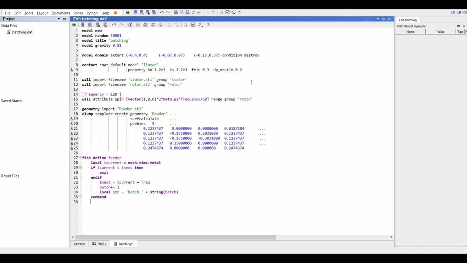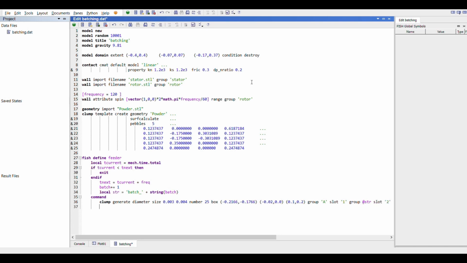So whenever I use these two commands, whatever is written inside, all of them are treated as PFC commands. Outside of these commands, these are treated as FISH commands. So here we can see to generate the clumps, we will issue the command clump generate, and we will define the size of the powdered particle which we are generating and how many of those particles need to be generated, and assign them the area where they need to be generated. So we will assign them in group A, B, C in slot 1, and after that we can assign them a different group in a different slot.